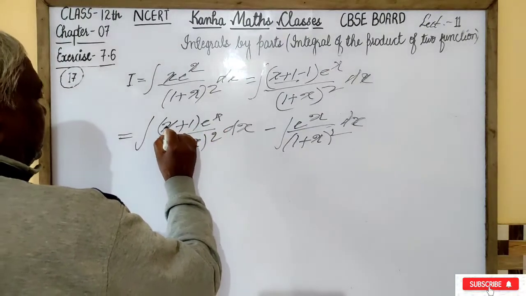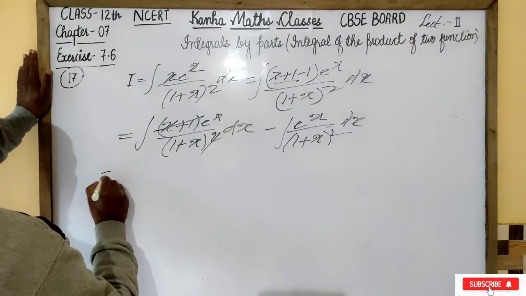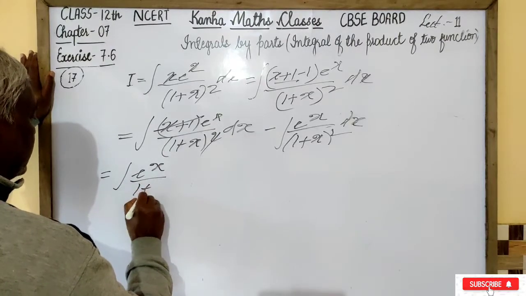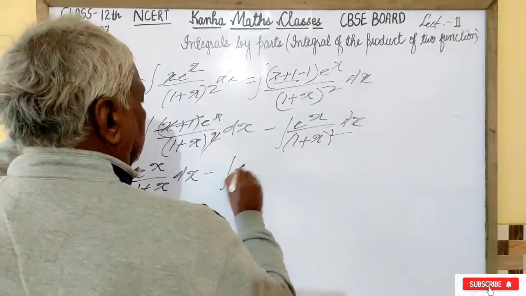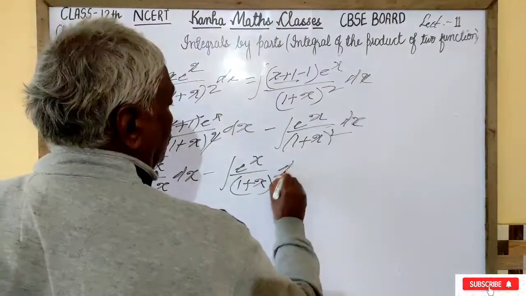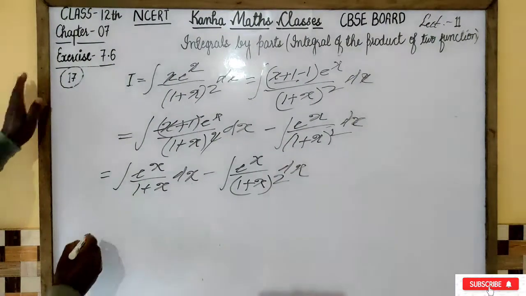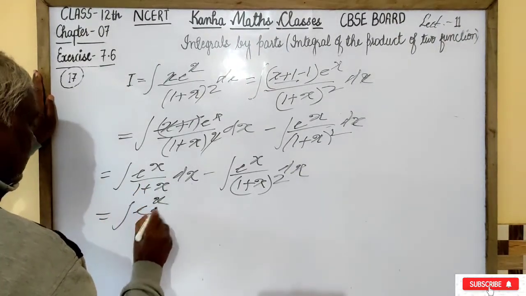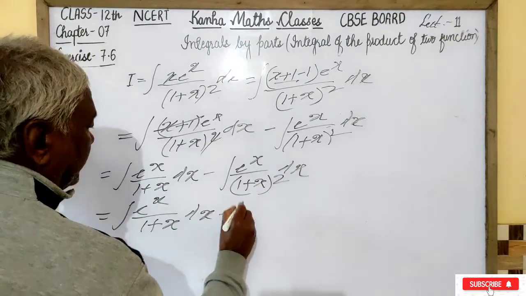Here we observe that x plus 1 is cut by this, and this becomes only e^x upon 1 plus x dx minus e^x upon (1 plus x) whole square dx. Like the previous question, we will keep this first integral untouched, that is e^x upon 1 plus x dx, and here